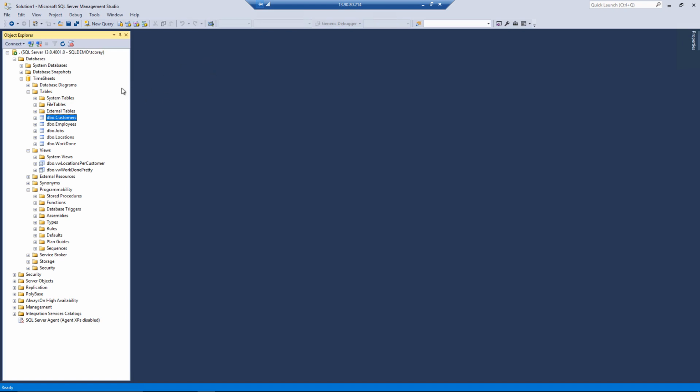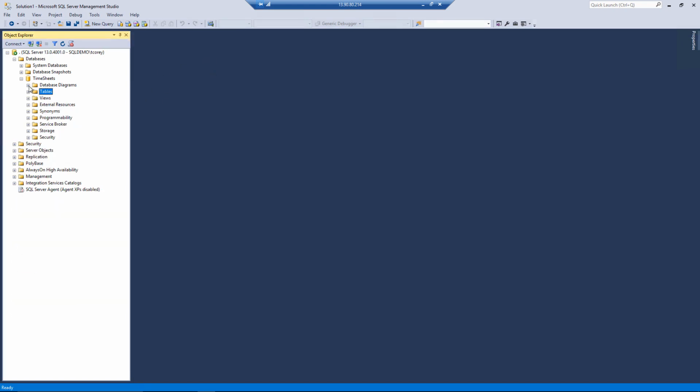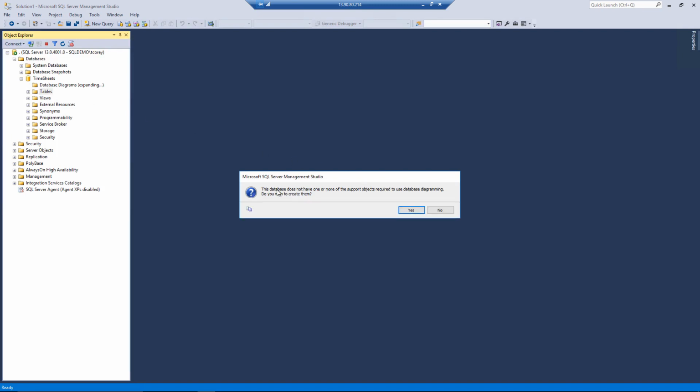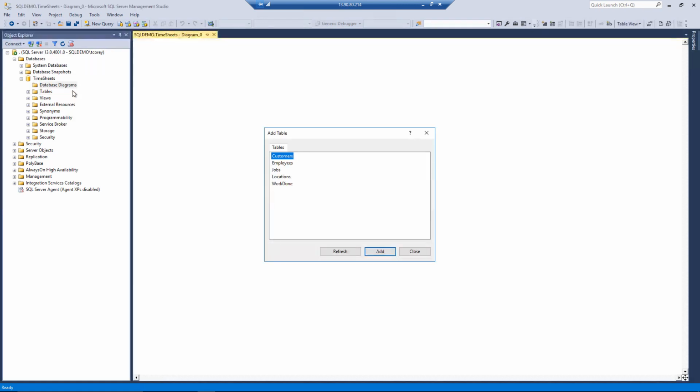And the final thing I want to show you is the database diagram. And it says this database does not have one or more supported objects required to use database diagramming. Do you want to create them? Why, sure you do. And now we can say new database diagram. If we select all of our tables, hit Add,